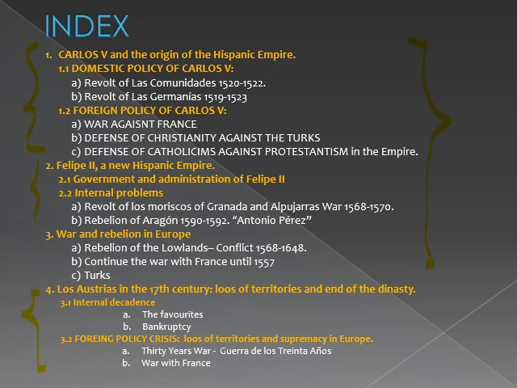In the 17th century, though, the Austrians are going to start losing territories. It's going to be Philip III, Philip IV, and the last Austria, Charles II. And due to this loss of supremacy, bankruptcies, they run out of money, they start losing wars, losing territories. Due to these facts, they are normally known in the traditional historiography as the Minor Austrias o los Austrias menores.